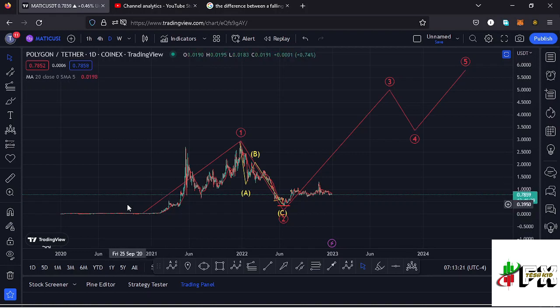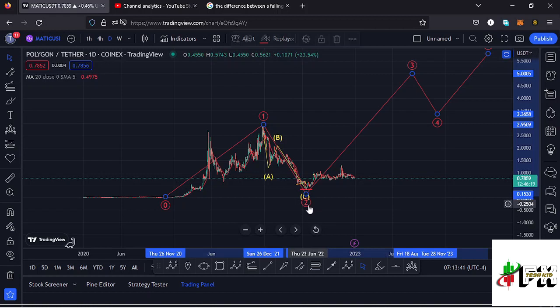we had been trading within, we saw a very nice impulsive movement taking us to an all-time high at around the $2.9 mark, in a movement that I've been terming as a higher Elliot wave count 1 to the upside. And after seeing the all-time high, we started seeing lower prices in this massive ABC corrective structure, which took us back to around the $0.32 mark in what we can term as a higher Elliot wave count 2 to the